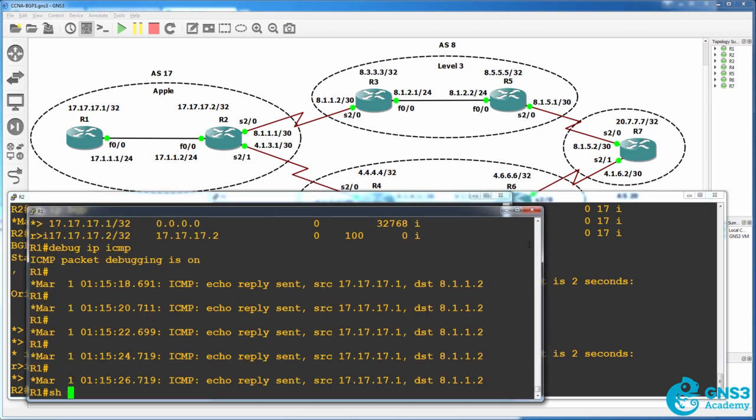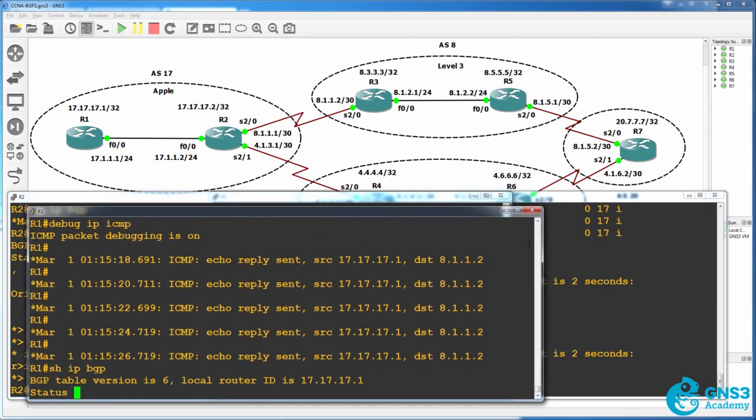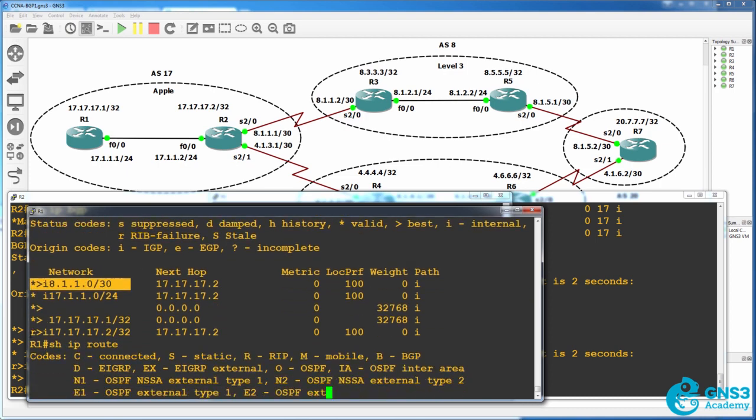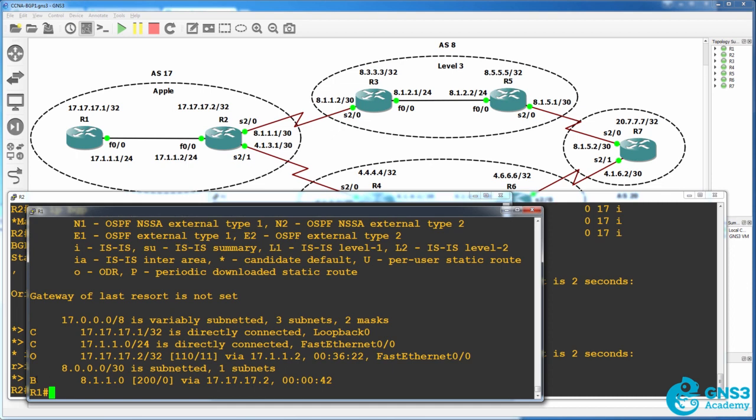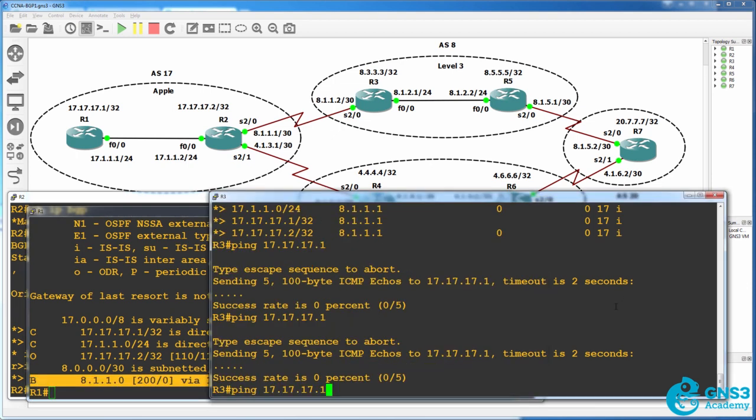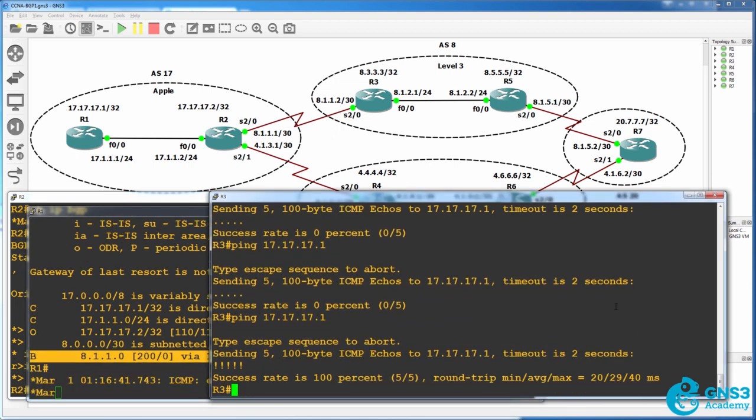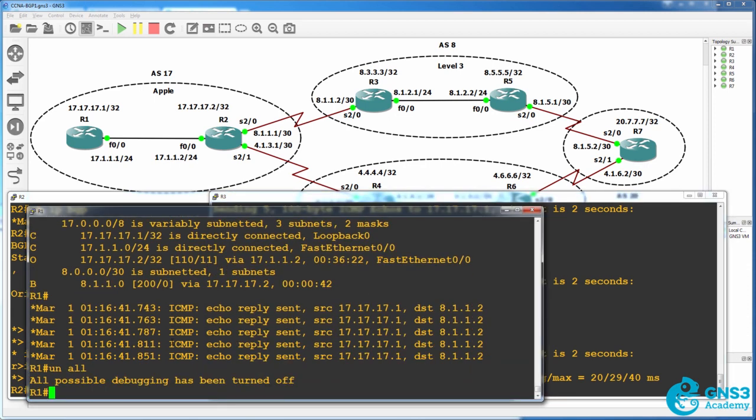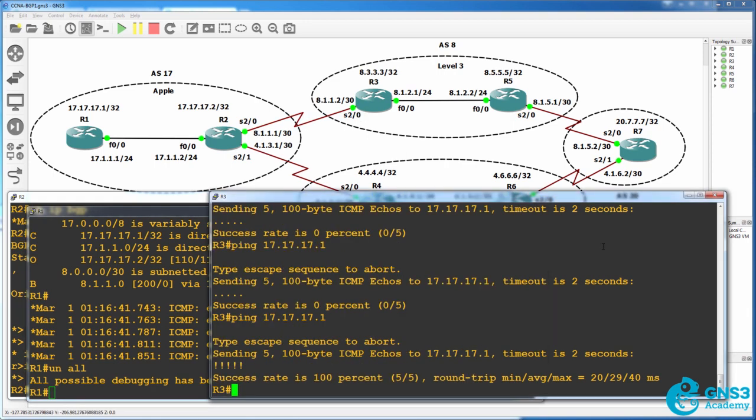So on router 1, are we receiving that route through BGP? Yes, we are. Is it in the IP routing table? Yes, it is. So now, hopefully, router 3 can ping the loopback of router 1, and it can. The ping succeeds. Now, you don't have to advertise this network on both routers, but I'm going to do that anyway,